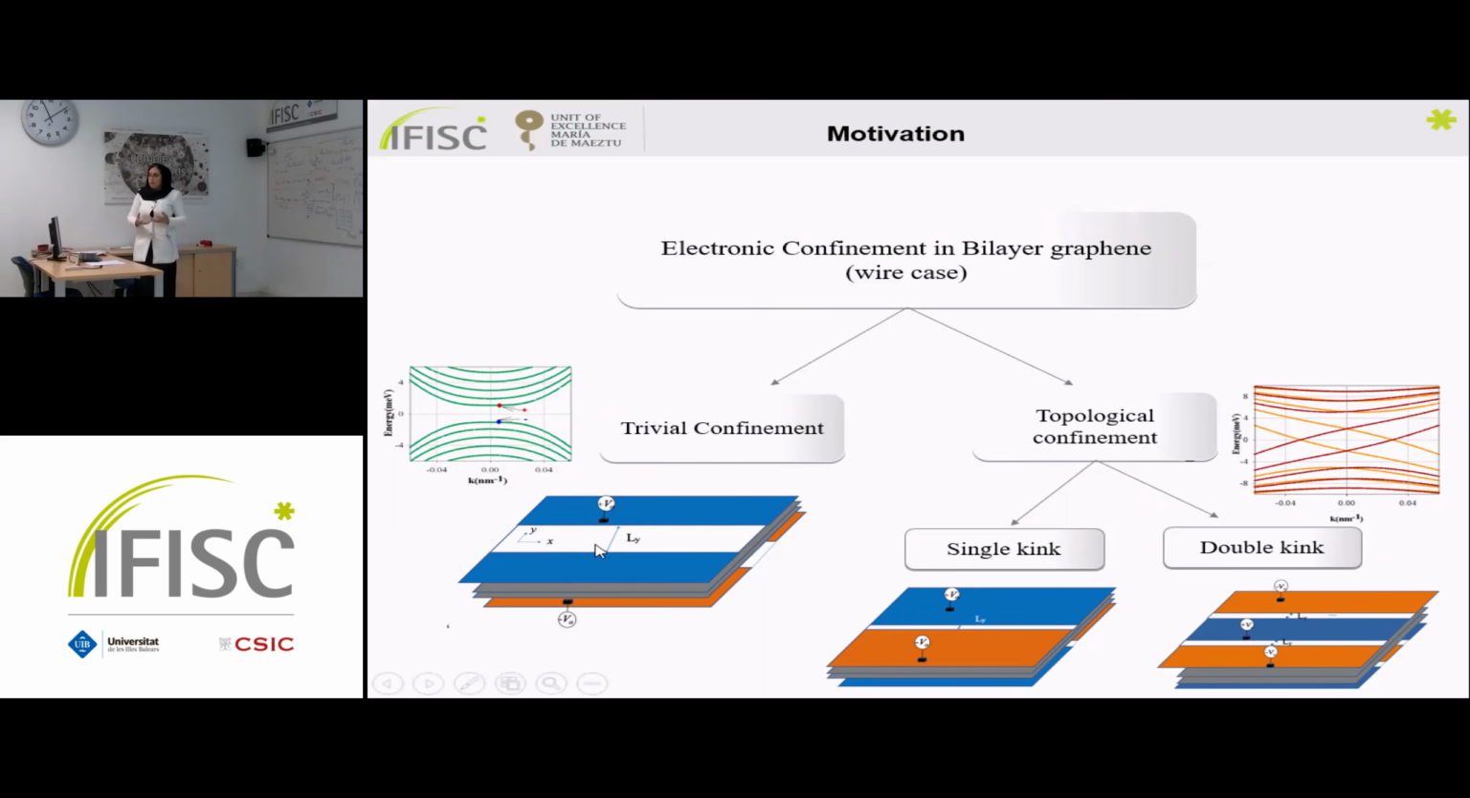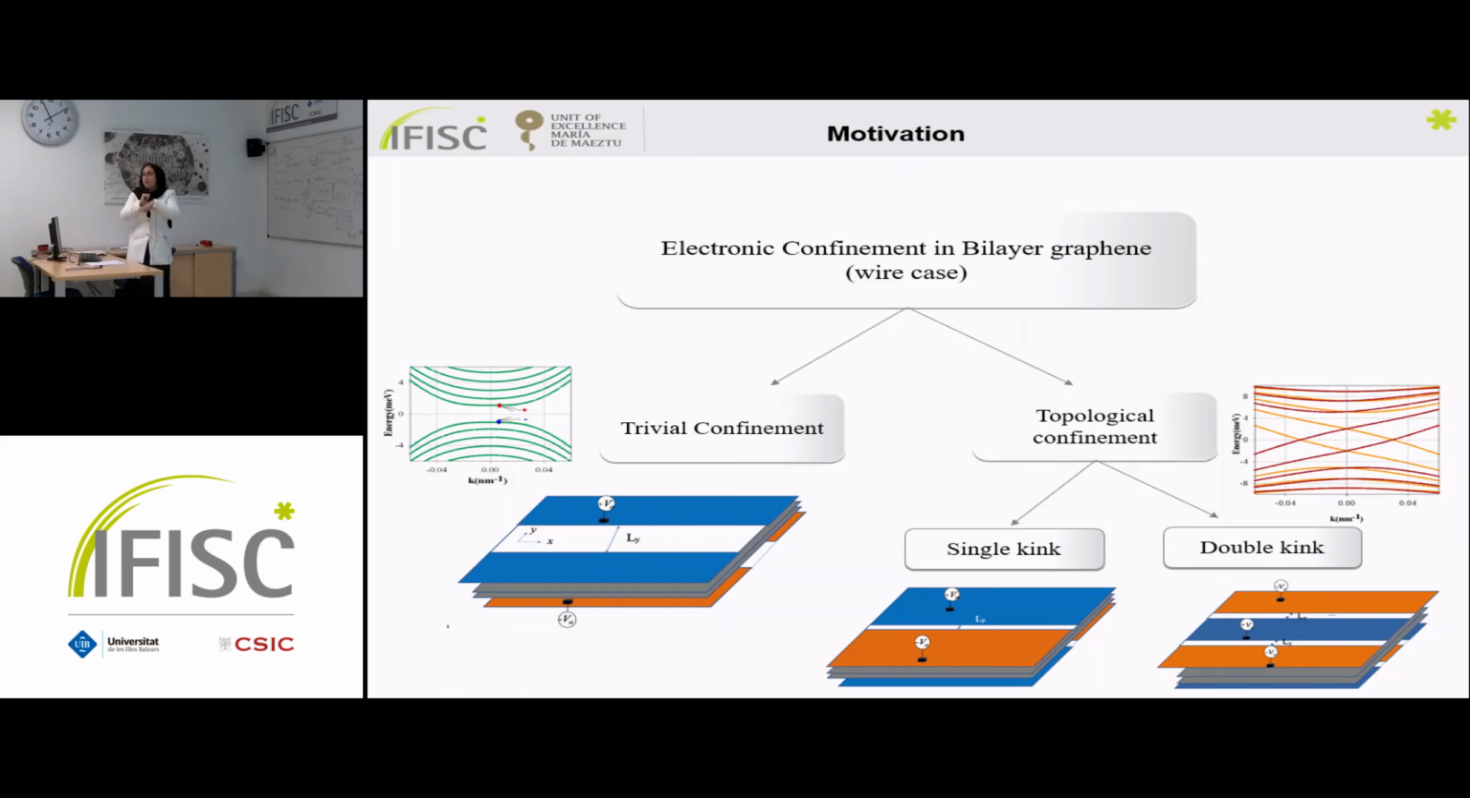And as a consequence of this type of confinement, when we calculate the energy spectrum as a function of the momentum, we get a gap open in the spectrum, in opposite to the other type of confinement. This type of confinement we call a topological confinement, and that's because